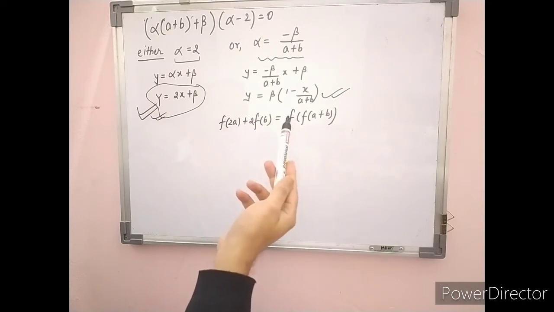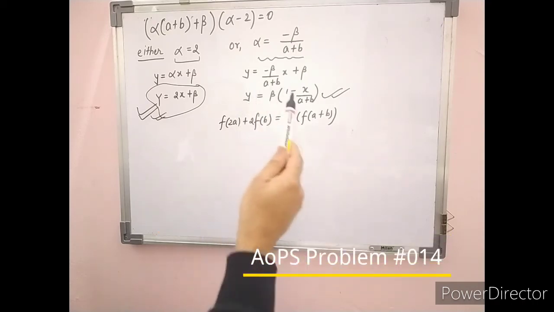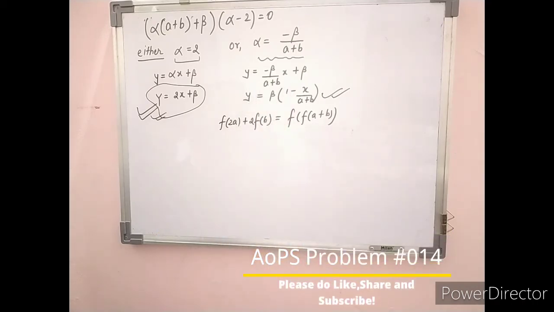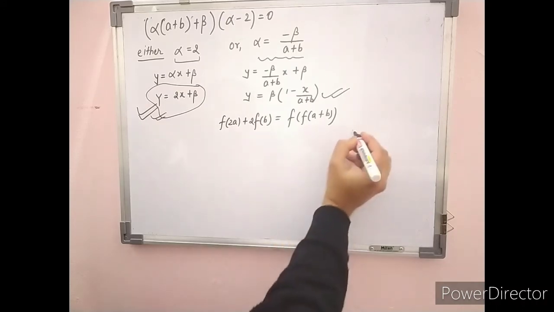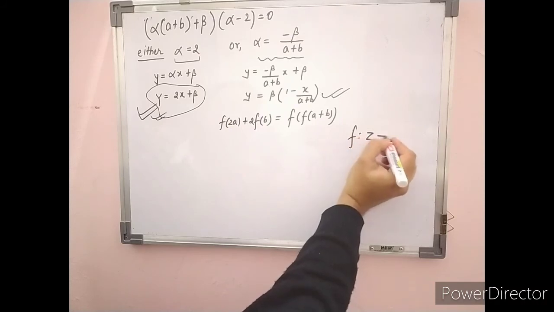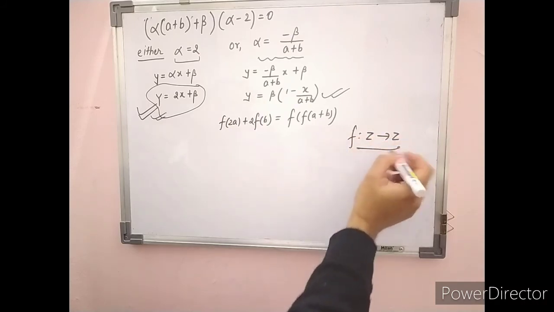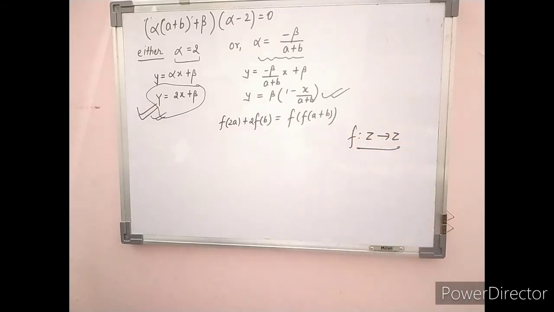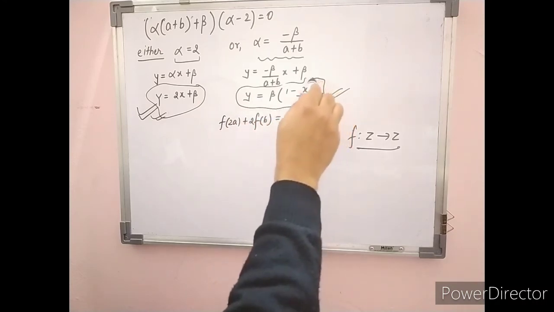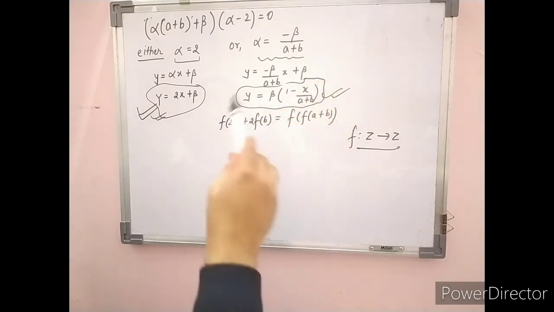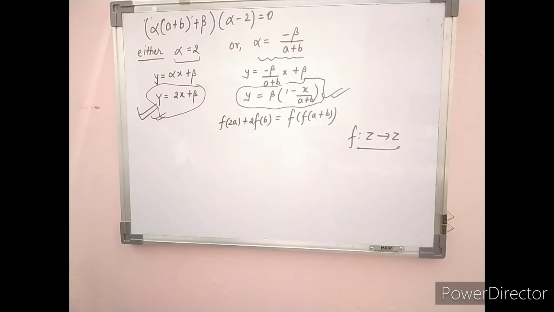In this particular case, what we need to have is that y and x should always be integers. Why should y and x always be integers? Because it was given earlier that f is from Z to Z, that means the domain was integers and the range was also integers. So our y and x should be integers, but this particular form does not always guarantee that for all the values of x, y will be an integer. You need to ponder over this.